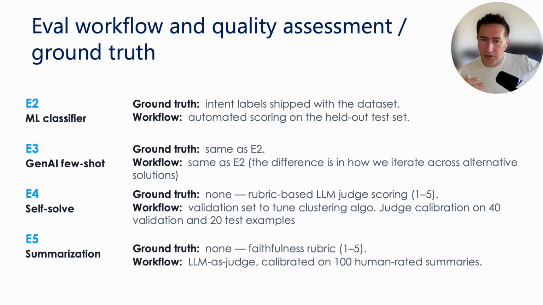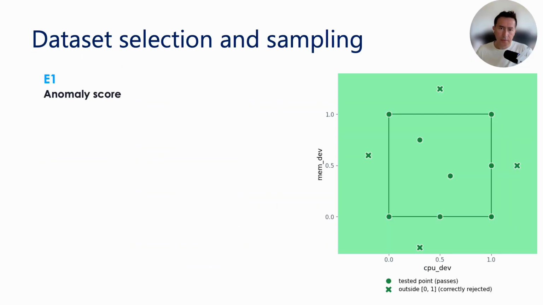And once again, here we most likely are going to have a validation set where we tune the LLM judge, and then an actual test set where we test the calibration of the judge. This is separate from the notion of validation and test set for the system, so we need validation and test for both. So in terms of the data selection and sampling dimension, let's consider also the simple deterministic function here,